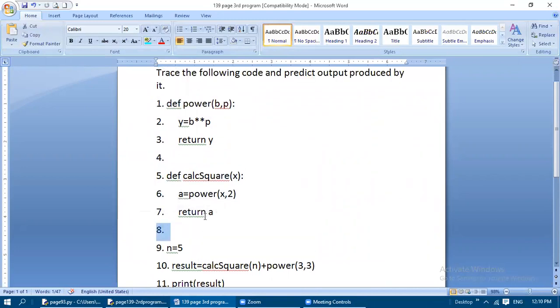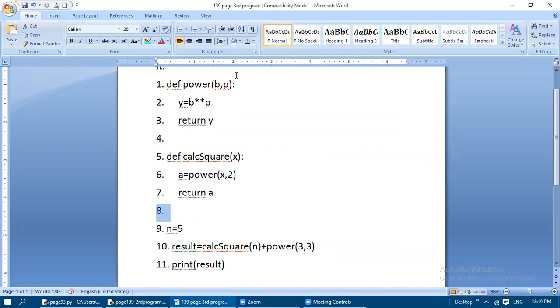According to this numbering, if the numbers are allotted like this for the given program, and you are asked to find the flow of execution or program flow, you need to write the program flow like this. I will show the output afterwards.